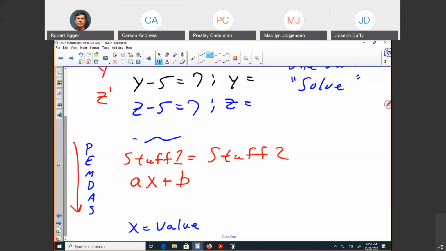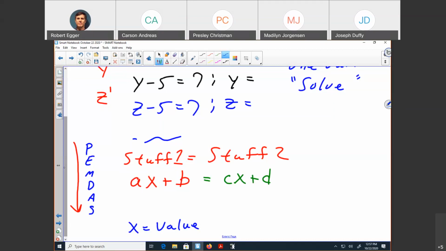I'm going to get stuff 1 to ax plus b by going down the order of operations. So I look at the left-hand side: do I have parentheses? Do I have exponents? Am I multiplying, dividing? Am I adding, subtracting? Work that. If you have a one variable linear equation, you will get down to basically an ax plus b, maybe an ay plus b, or az. Then you do the same thing over here: start with parentheses, exponents, multiplication, division, adding, subtracting, and get it down to just a variable term and a constant. All right. Okay, now we have this one.